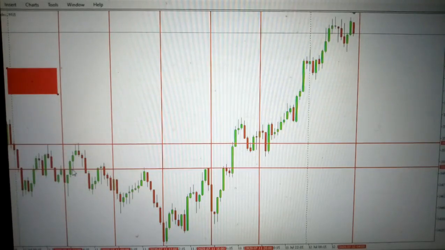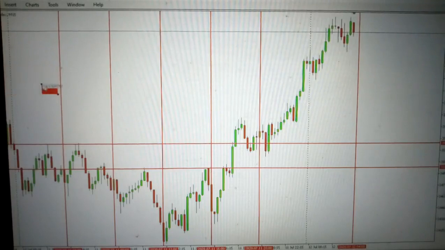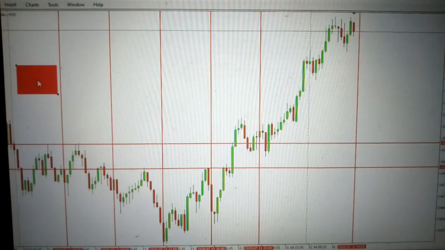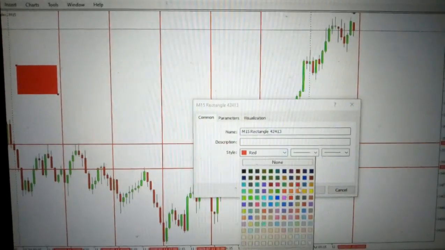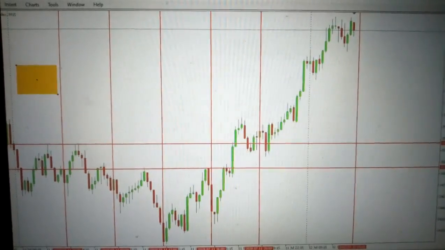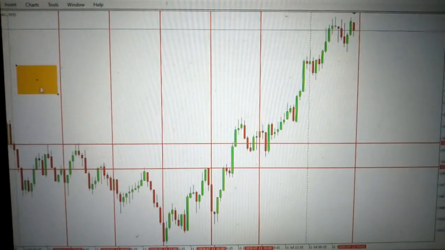Now the next thing I will do is I will divide, let me retain the rectangle so that we can understand what I want to explain. Okay,